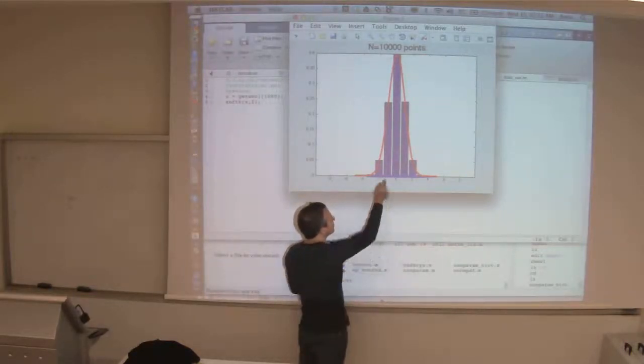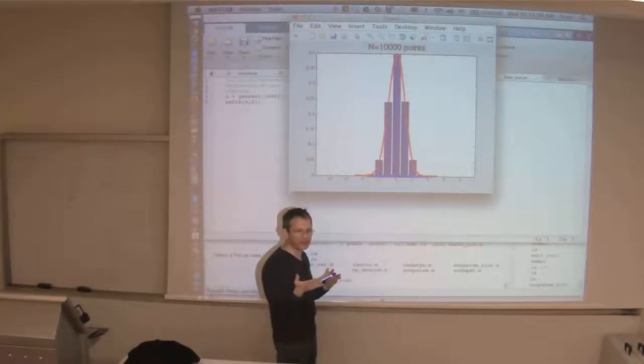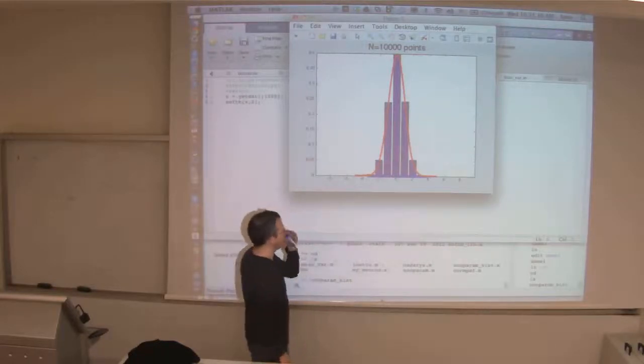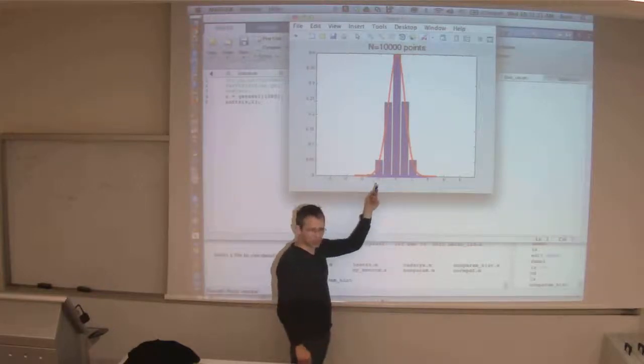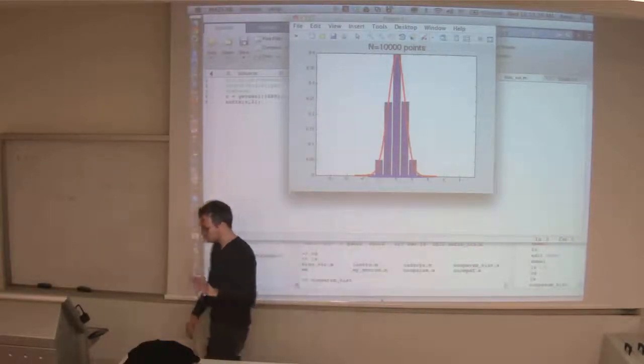What's the problem? How should I choose the width of the bin? What happens if it's too wide? I'm missing structure, right? What happens if it's too narrow? I basically overfit, because I look at too small windows. So this is what a non-parametric approach in this case would do: as you have more and more data, what should you do? Make the bin smaller. Decrease the size of the bin, right? So that's one approach to modeling